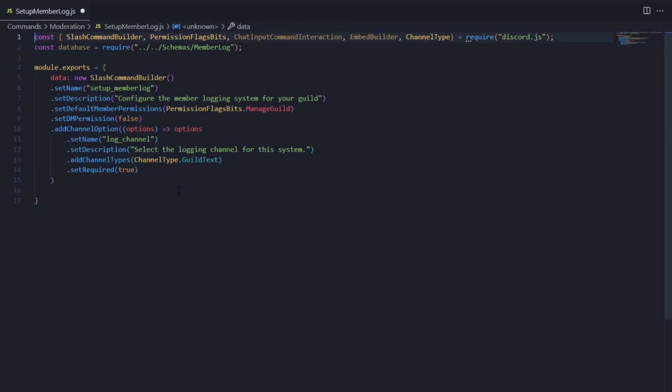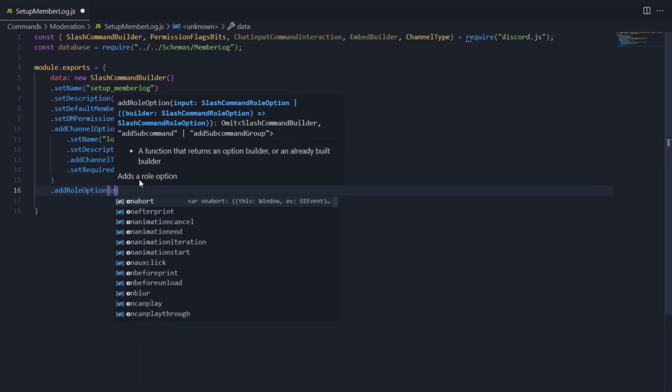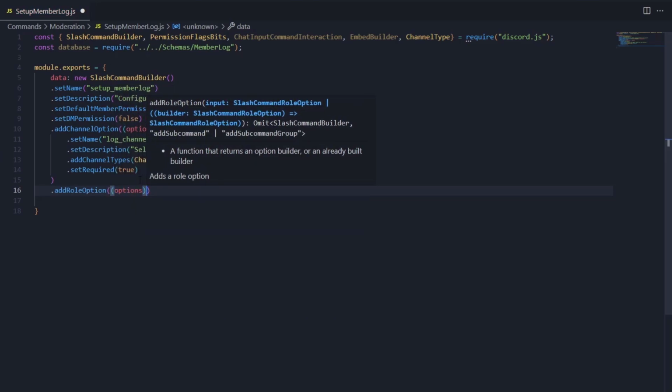Now for the other options, these are the role options. So like I showed you in the beginning of the video, when a member joins, it assigns that member a member role, and if a bot was invited, it will assign the bot role to that bot basically. So in here we're gonna add a new role option, add role option, same concept, options,